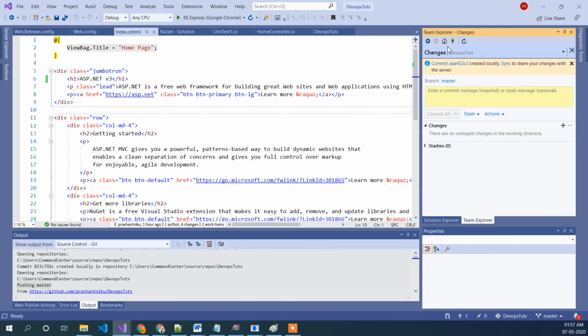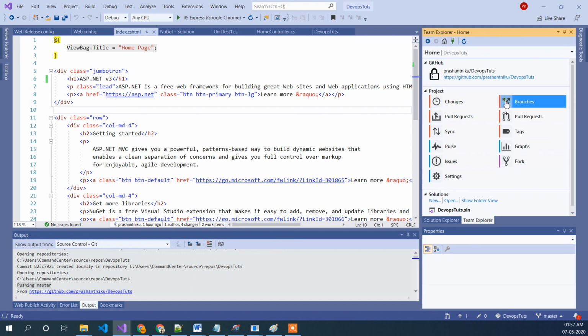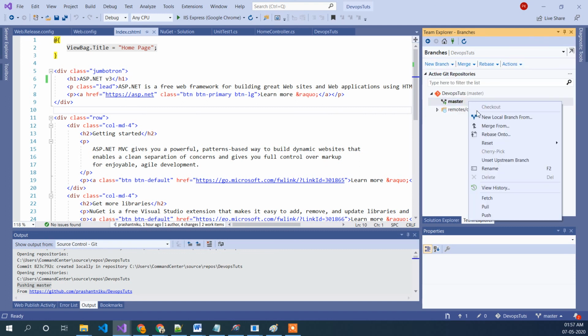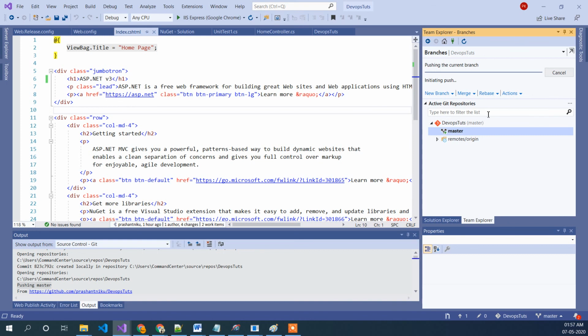Go to Home, branches, right click, push, wait for it.